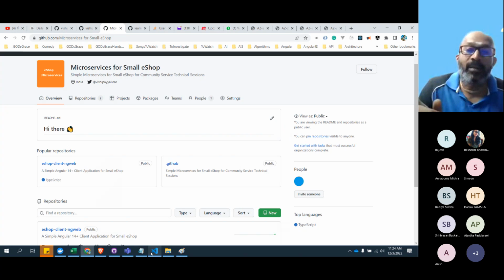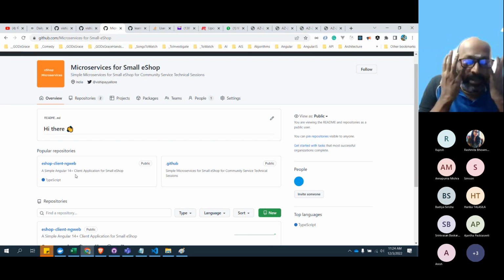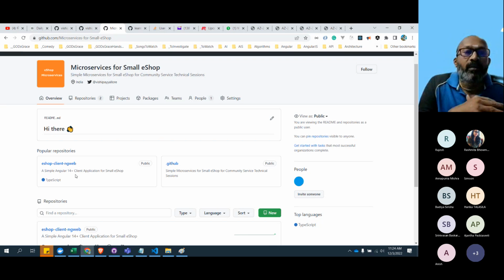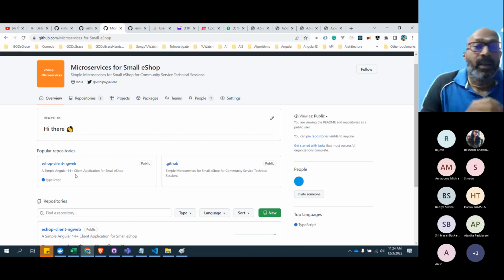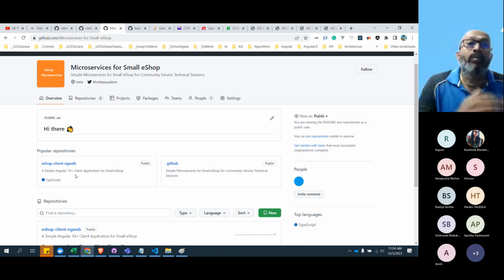I'll ensure that when .NET 8 comes, I will upgrade it, but that will be with .NET 7 and an Angular 14 app. So we will have 5 different repositories with somewhere around 6 to 8 containers in Azure Kubernetes Service. And that is for sure intermediate and above. So I assume that you guys have some base knowledge, but if you're interested to learn how to build the entire solution in microservices, please join that series starting Jan 2023.